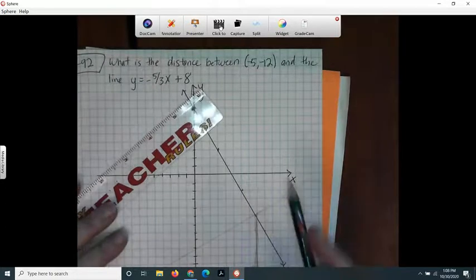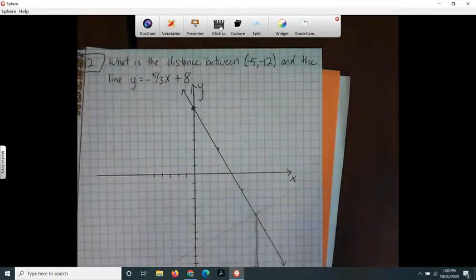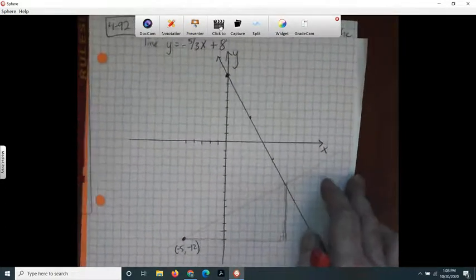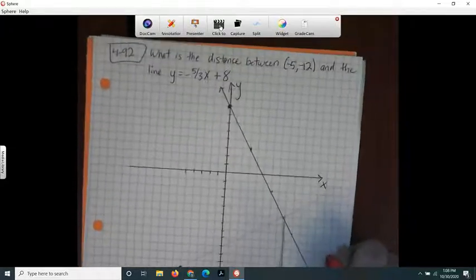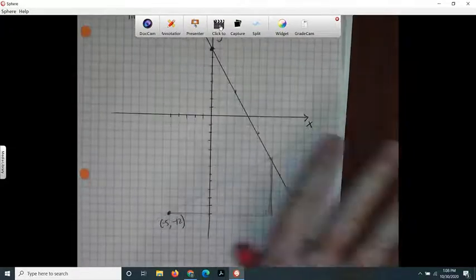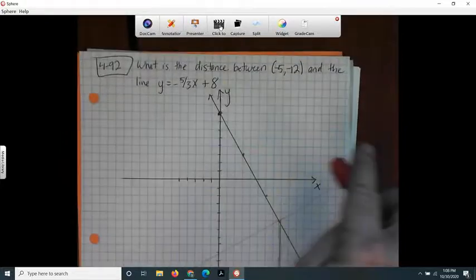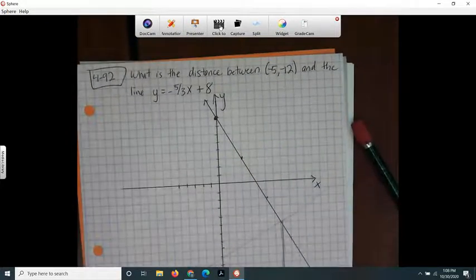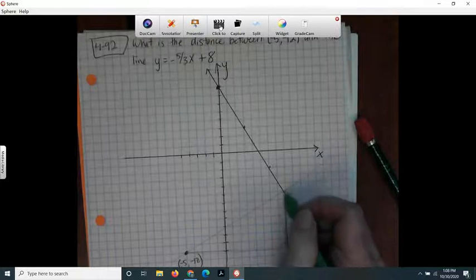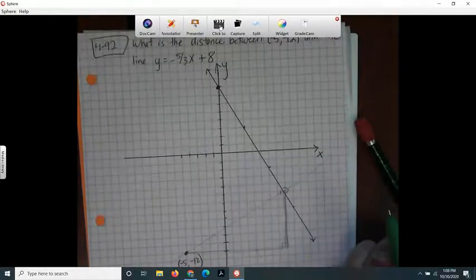If you've been asked this question repeatedly in your math books, maybe you'll realize that you don't have to graph it at all. There's just a little procedure that you can follow. And the procedure is you need to find the point so that you can put it in the distance formula. So the distance